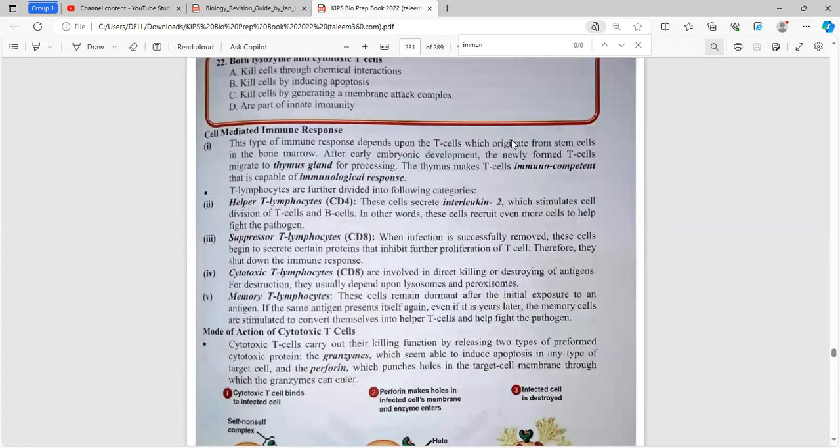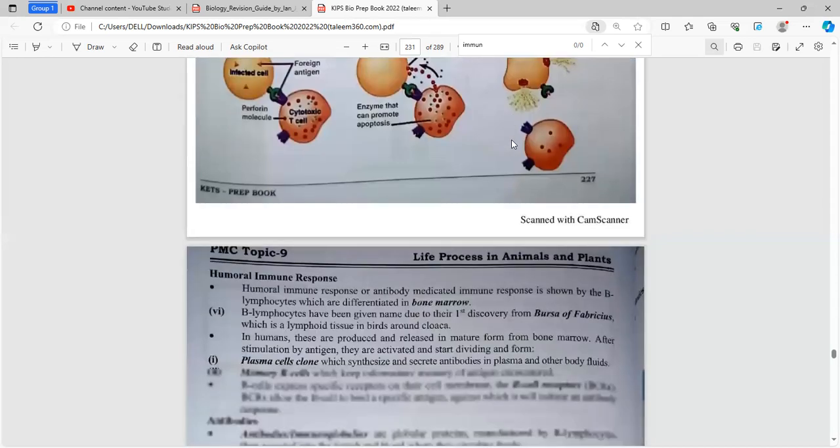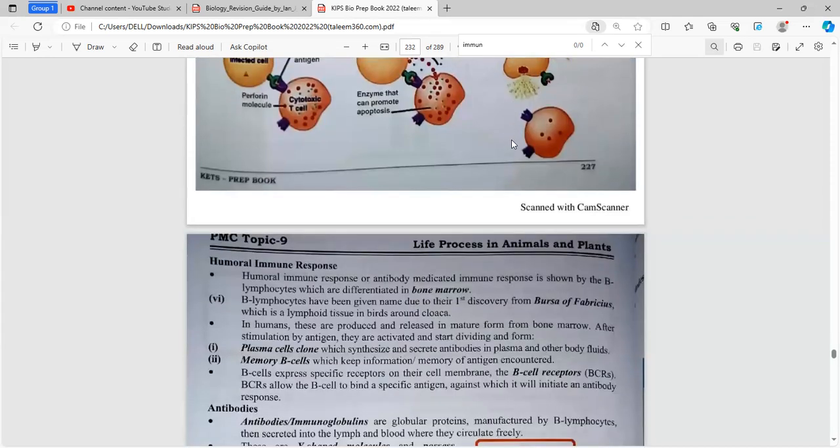The T lymphocytes are involved in the cell-mediated response. Now, there are two types of lymphocytes, CD4 and CD8. CD8 are involved in simply killing the microorganism. However, the CD4 helper T lymphocytes release interleukins, which help with the proliferation of both T and B cells to fight the pathogen.